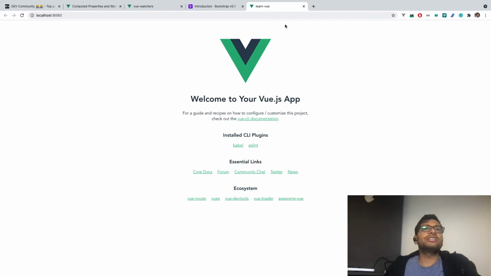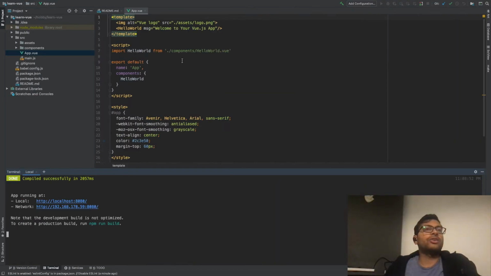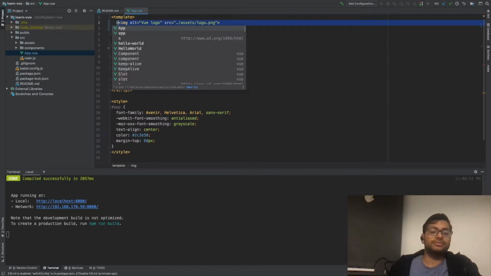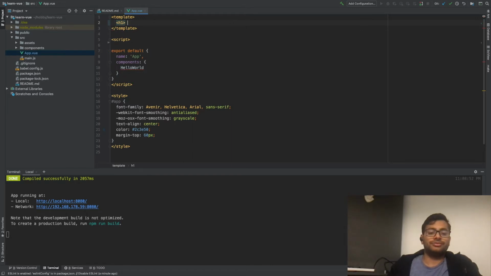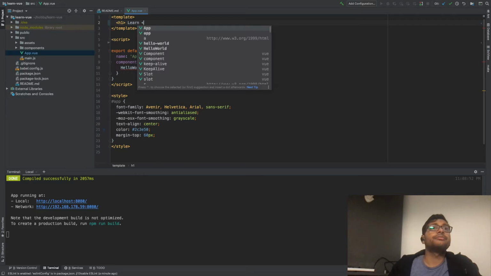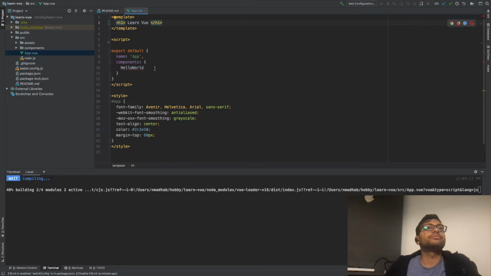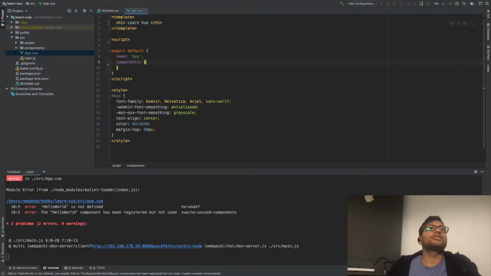So we'll delete this component and we'll install Bootstrap to make it look nicer. So let's delete the hello world component and let's list component.